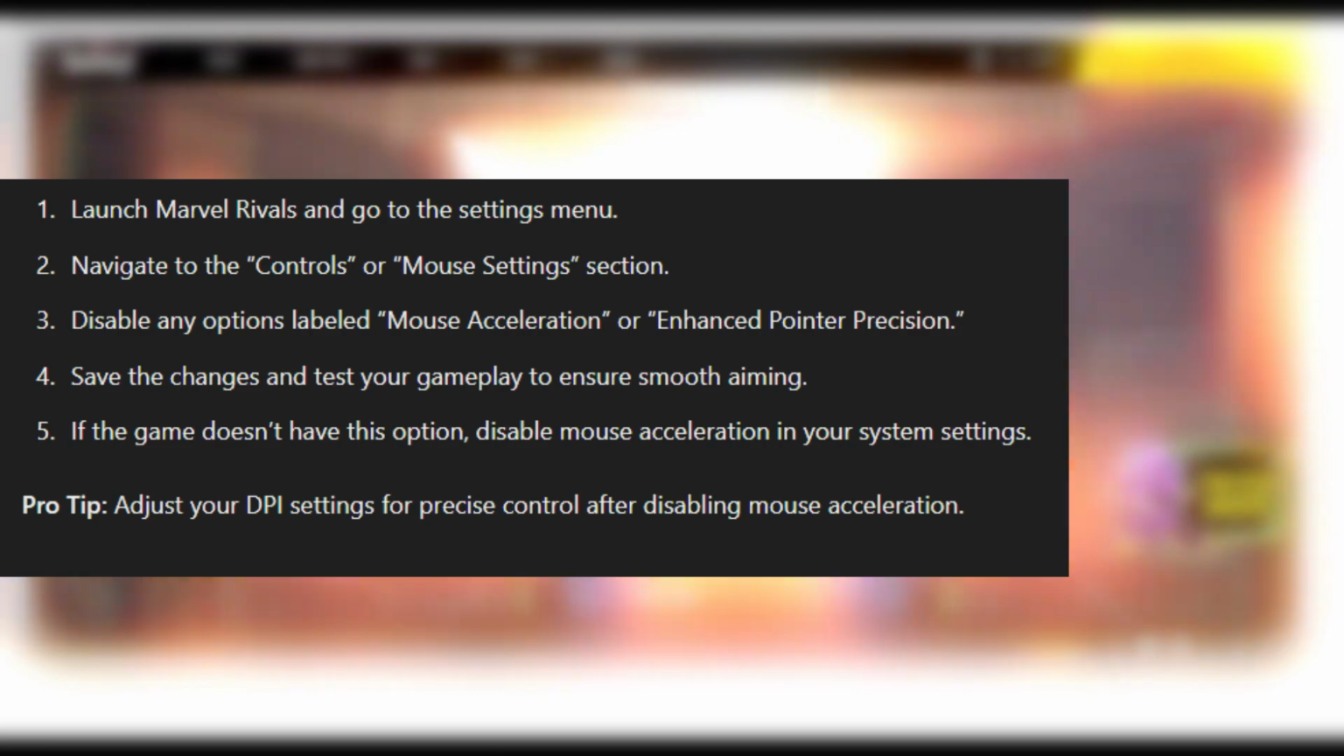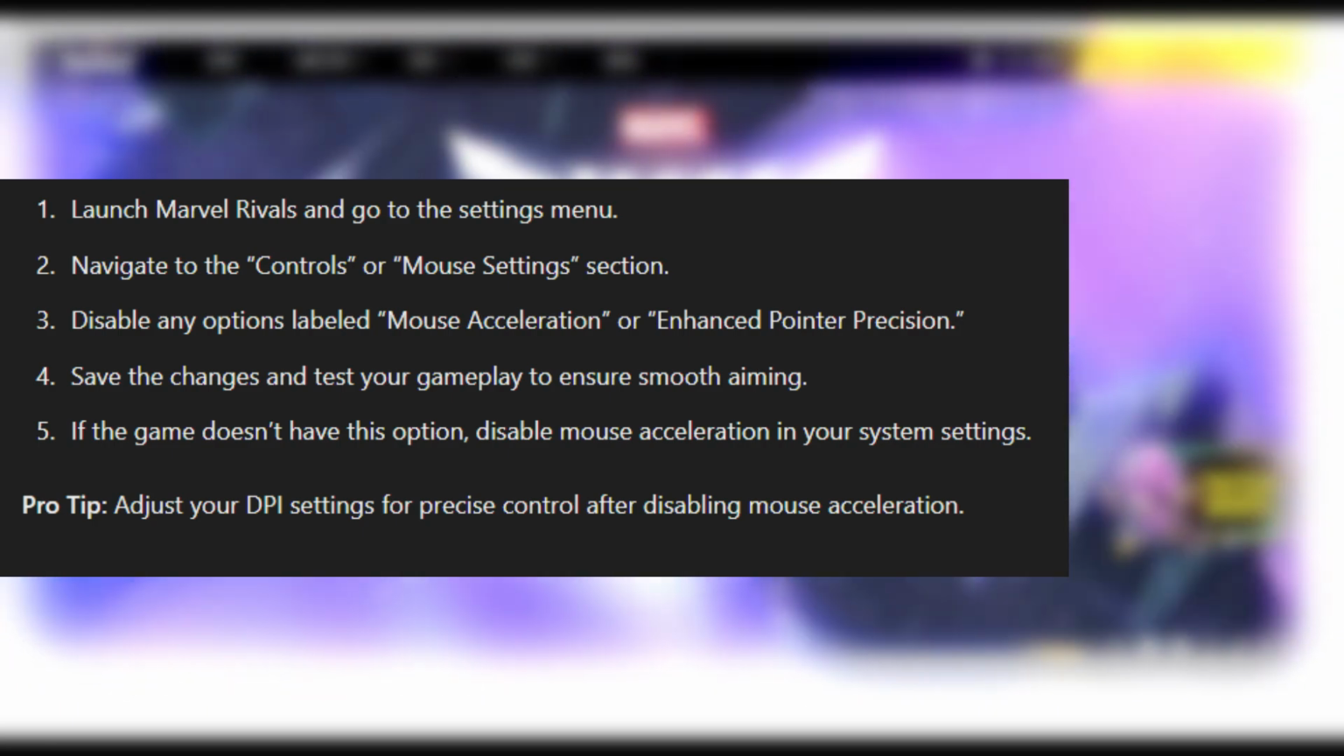I'm also displaying all the steps on the screen for your information, so make sure you follow each one of